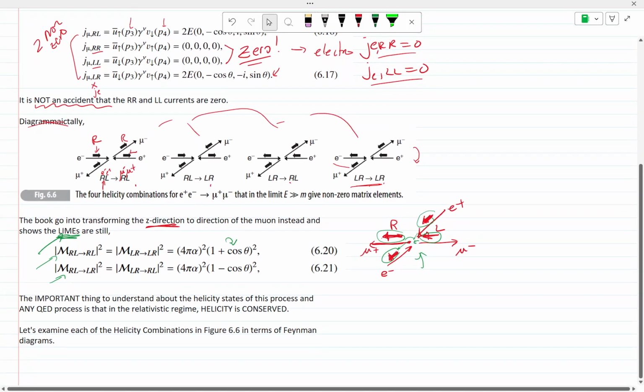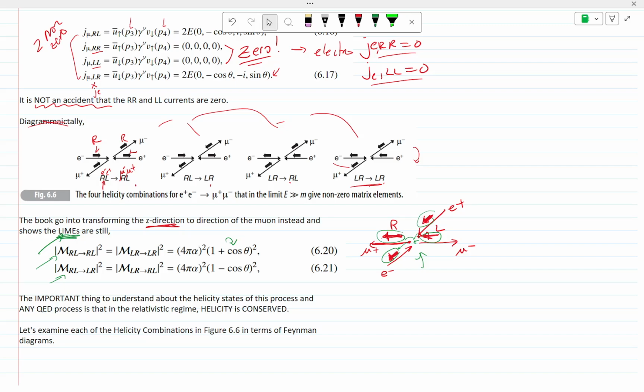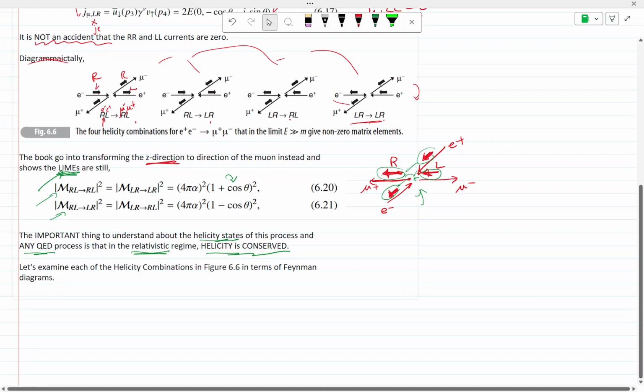What's more profound in this section, and I think Thomson is trying to highlight this, is that in any quantum electrodynamic process in this relativistic regime, where you have energy much higher than the mass, helicity is conserved. That's what these arrows coming in and going out are trying to show you. So let's examine this